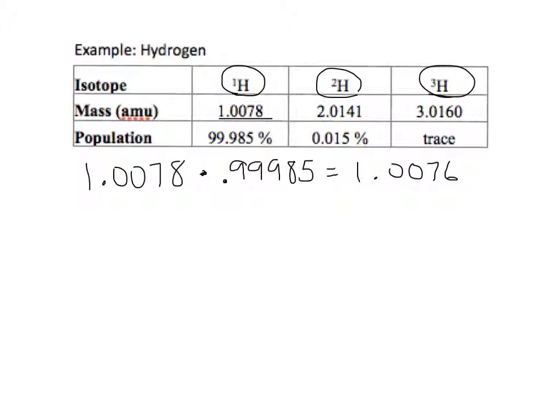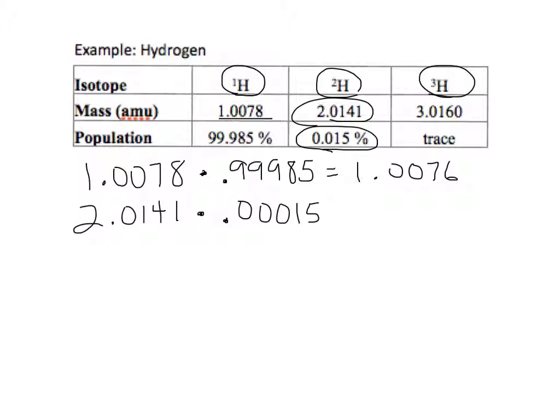gives an answer of 1.0076. And then we'll go ahead and do the second one, and it has a mass of 2.0141, and we'll multiply that again. This time you notice that the population of hydrogen 2 is very, very small, but we're still going to move that decimal 2 places, so what we're going to be doing is adding 2 zeros in front of that decimal, so we will have 0.00015, and then we will multiply that, and we'll get